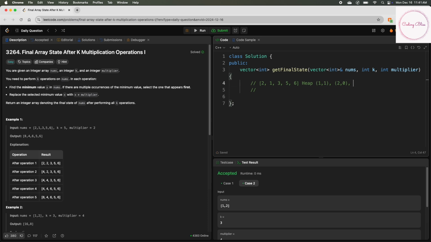I know I'm not exactly drawing it like a heap, but I believe whoever is looking into this video is already aware of heaps. Then we have 3, 2, and 5, 3, and finally we have 6, 4. Just to give you an idea, this is the value, and this is the index in the array. Now when we perform the first operation, we will take the topmost element in the heap